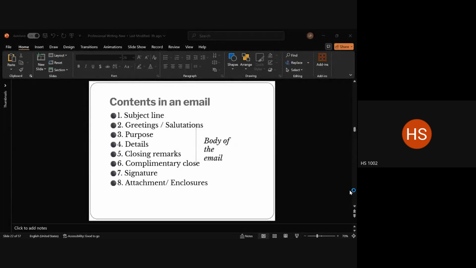Okay. All right. What do we have next? So look at the following ways of beginning an email. Number them from 1 to 4 according to how formal you think the beginnings are. 1 is the most formal and 4 is the least formal. So basically just rearrange the numbers.